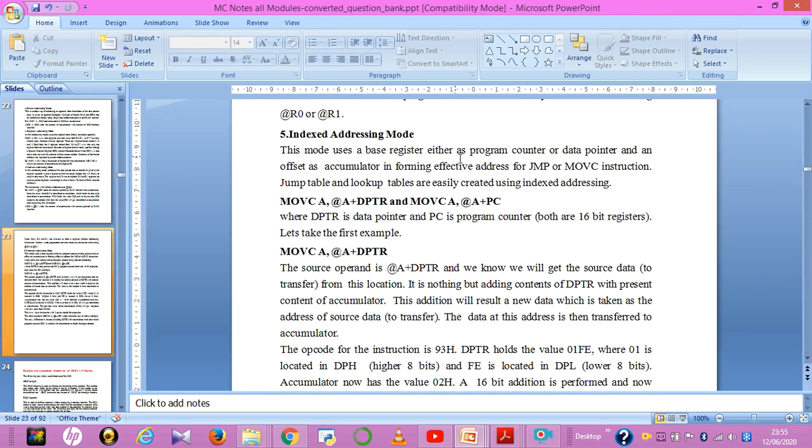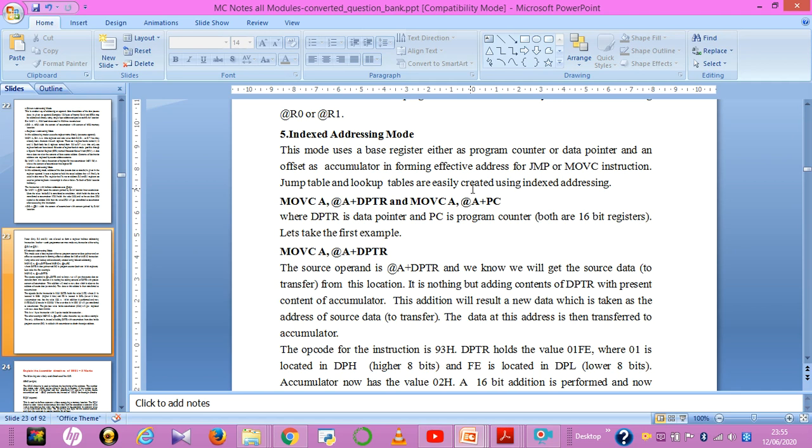Next, indexed addressing mode. Mainly it is used to access data or programs from the external memories. It is going to form the address by using the JMP or MOVC instruction. So jump tables or lookup tables are easily created using indexed addressing modes.